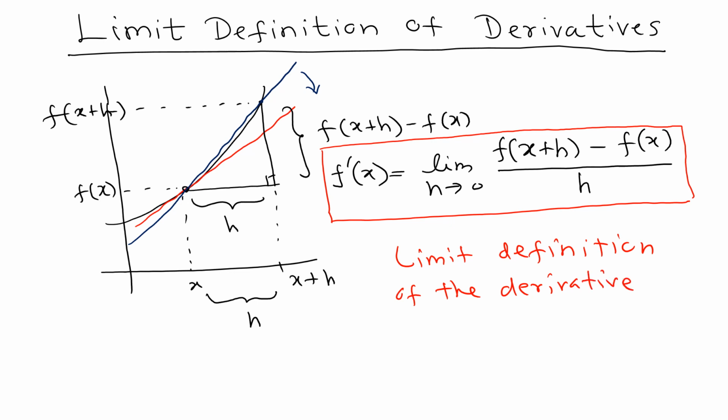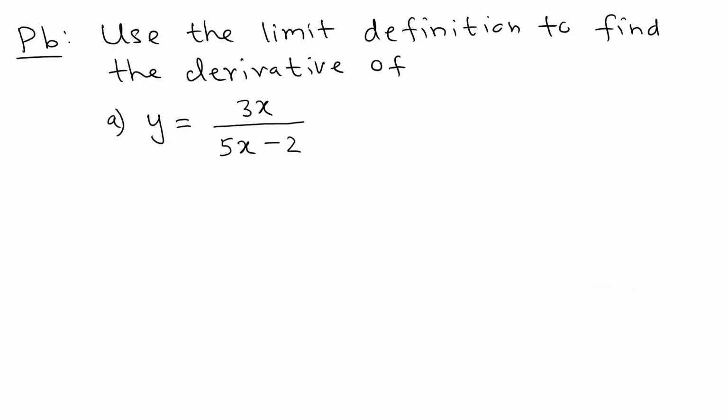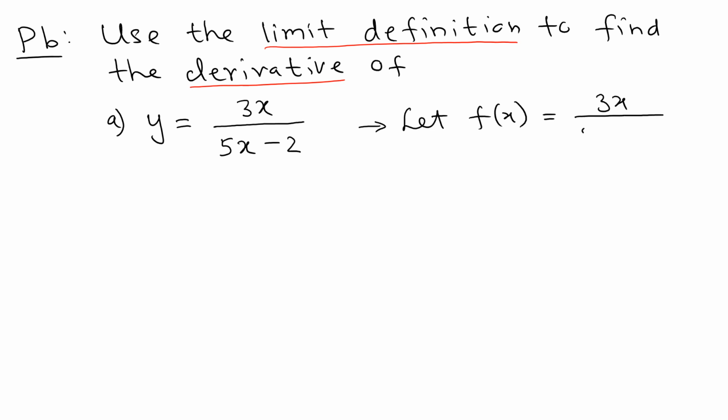So let's use this idea to find derivatives of maybe two functions. Let's look at the first one. We have the problem: use the limit definition of the derivative to find the derivative of this function. If you get a problem like that, the first thing we do is rewrite this one as f(x). So let f(x) equal the function, which is 3x over 5x minus 2,